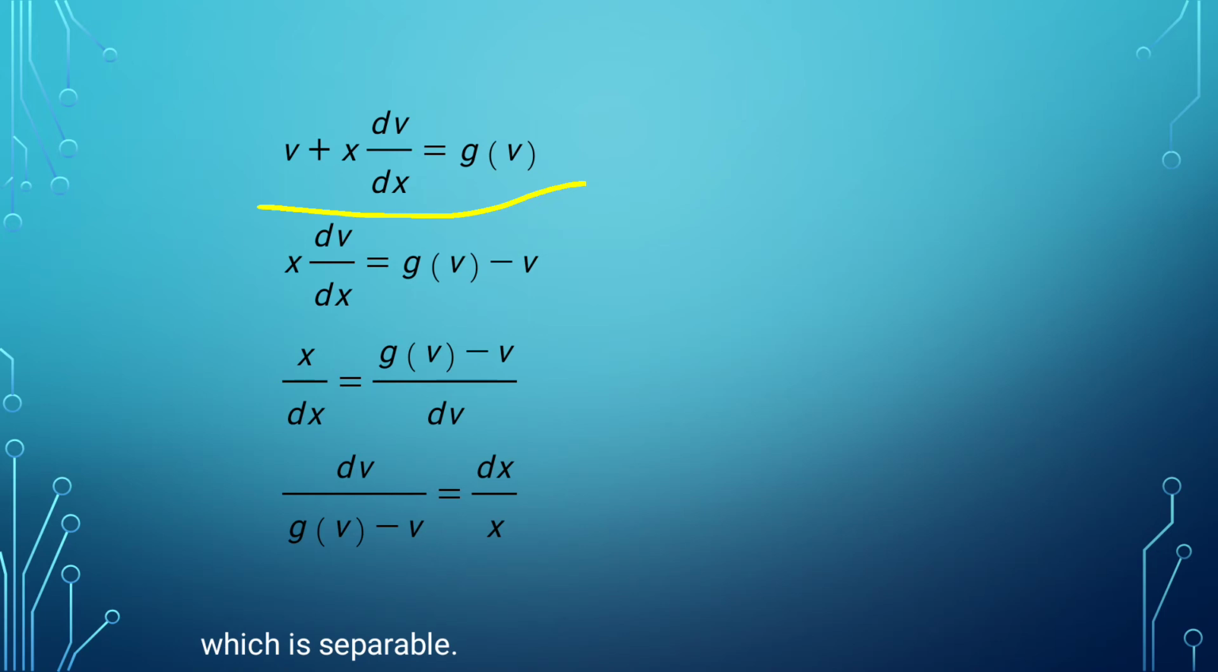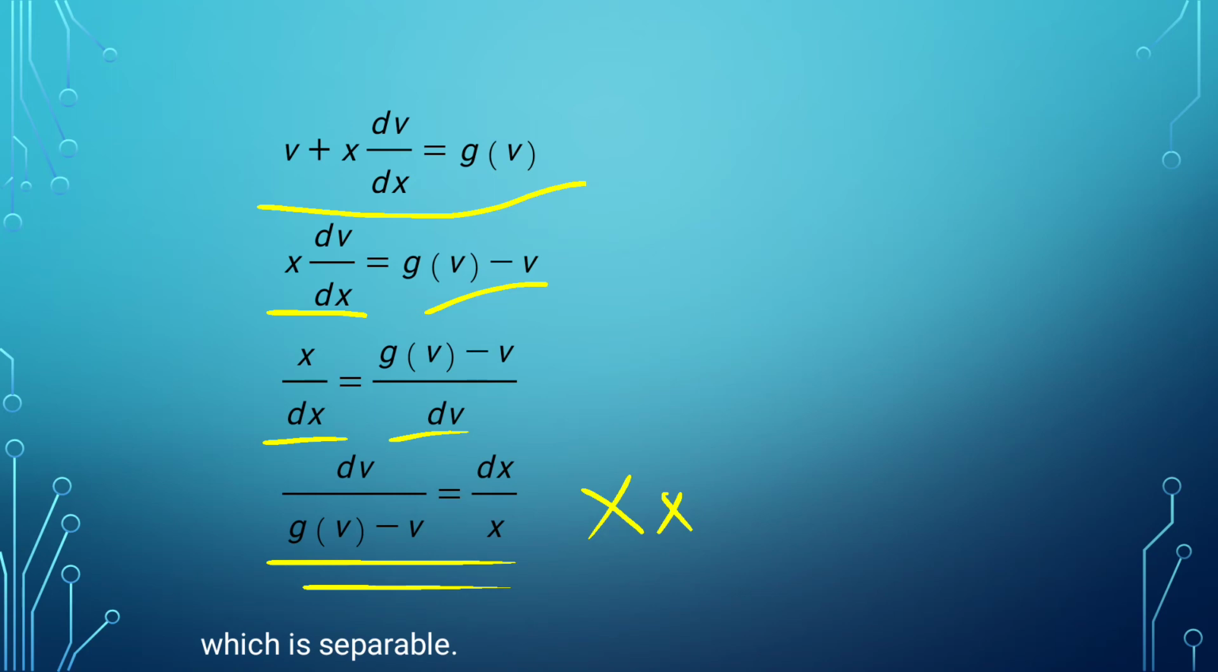So if you can rearrange this, you'll find that you have x dv/dx being equal to g(v) minus v. Again, we are just trying to rearrange, and if you rearrange you find that. And if you look at this, basically this is now what we call a separable